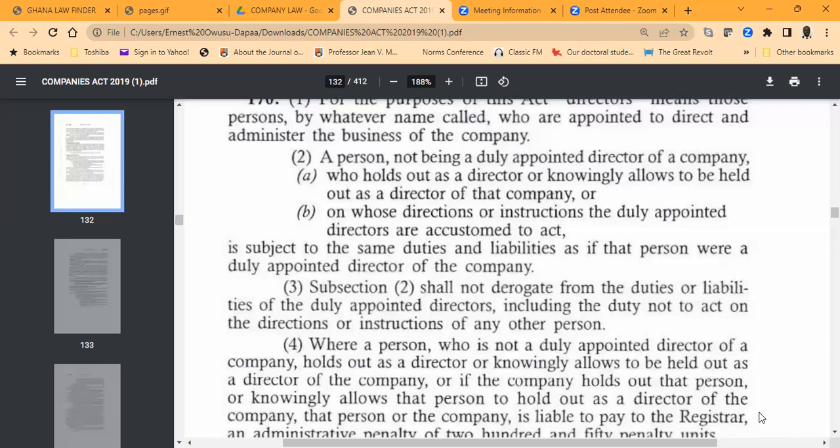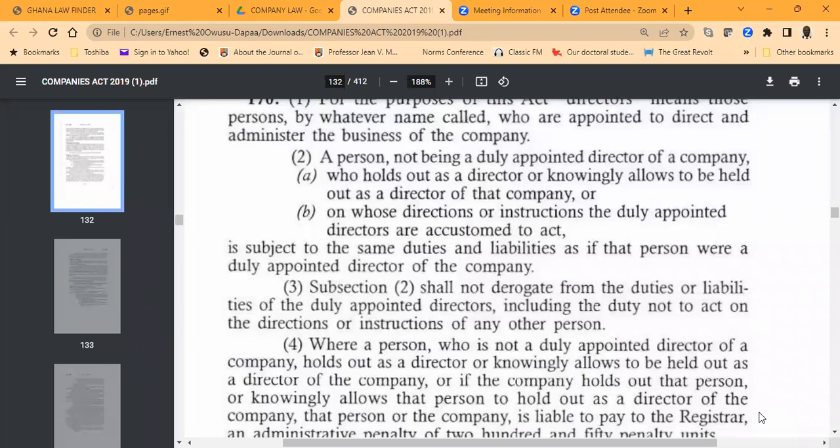In other words, when there's a problem and you are identified as someone who actually acted as a de facto director or a shadow director, in terms of section 172A or 172B, the law is going to hold you to the same standards of behavior and propriety expected of duly appointed directors,